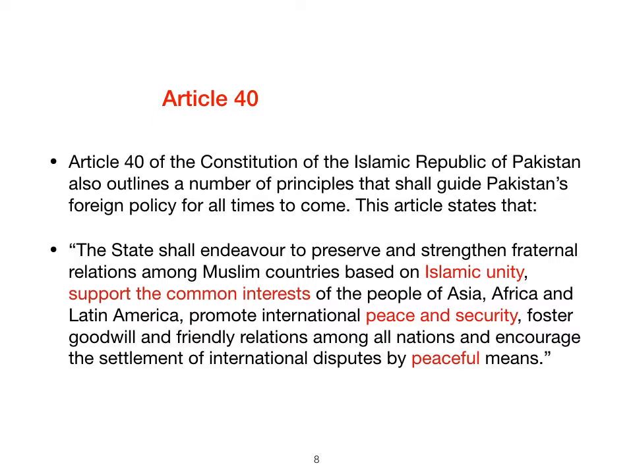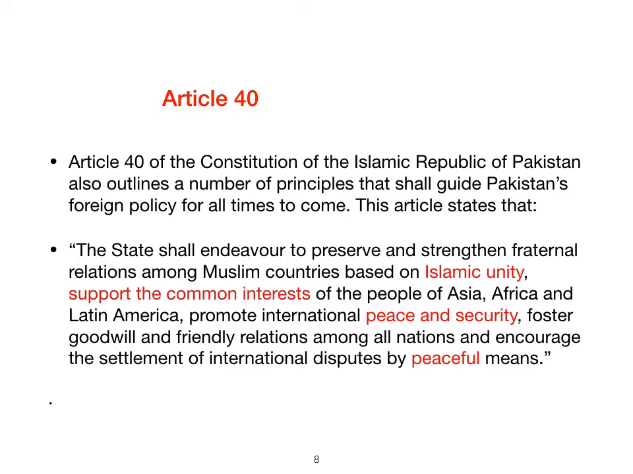So the key points are Islamic unity, support for the common interest of people of Asia and Africa, peace and security, goodwill and friendly relations among nations, and encouraging the settlement of international disputes by peaceful means. So this is more or less the same as what Quaid-e-Azam said. And these are the guiding principles of Pakistan's foreign policy. This is what Pakistan is and should look forward to when it comes to international relations. So let's discuss the